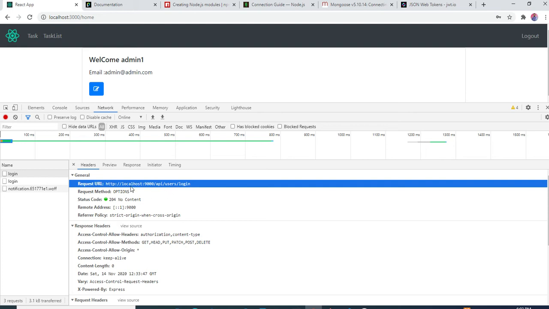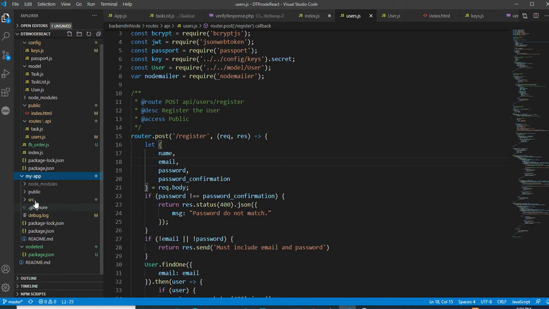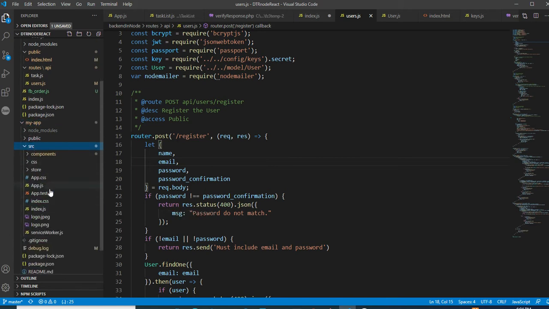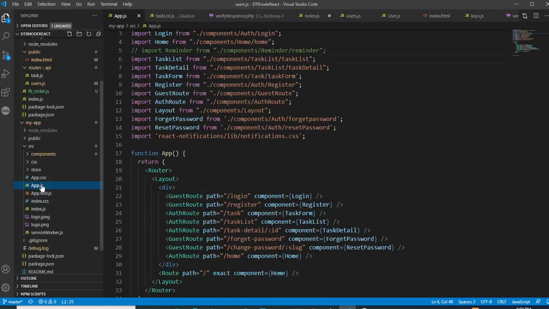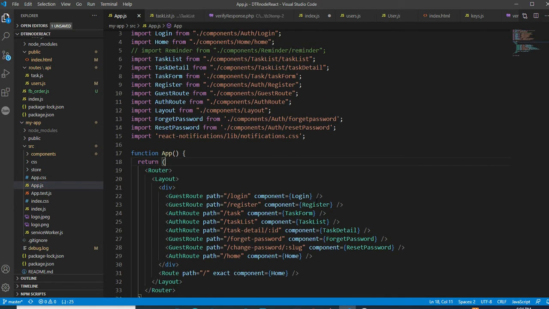The API gets called, and based on that the front end is collecting all the data that is sent to the back end, and then based on that it is providing the token. So let's go to React first, then I will proceed with the next. This is my app, a React application. Now I'm going to the src folder and app.js. In app.js, for the register, this component is utilized, which is a register component.